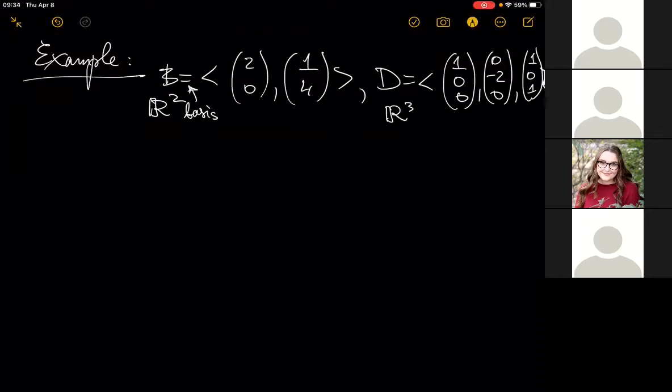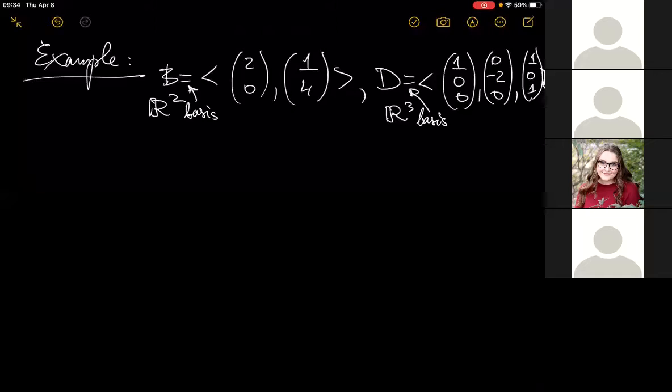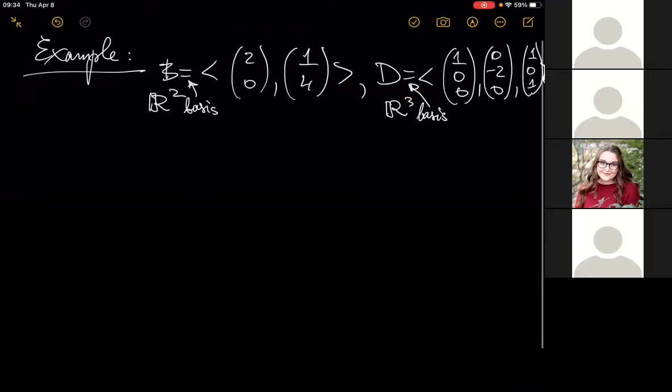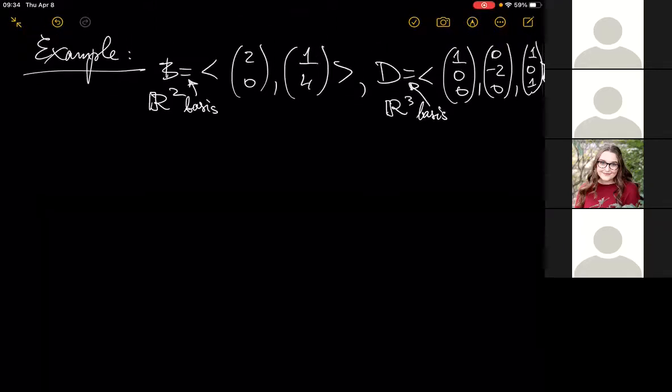Pay attention that I took just some pretty arbitrary basis, right? Of course, I could use the natural basis in R2 and R3, but I just wanted to consider some relatively arbitrary basis. And we considered the map from R2 to R3. And I just said that I will determine this map